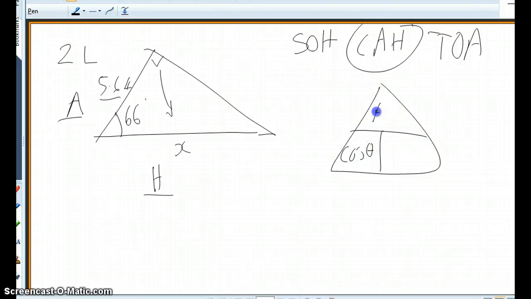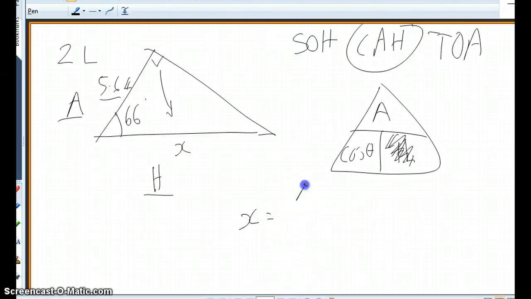Cosine of the angle equals A over H. You'll get that back to front upside down, but you'll remember that until we're finished with this topic. Cover up the H. Notice this time I haven't, normally I was covering up that top letter. I've now covered up the H. So to solve this problem, watching,